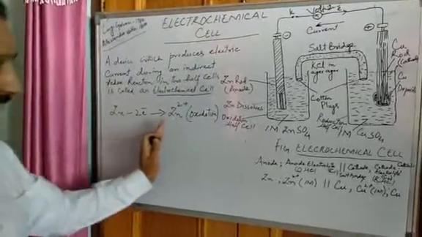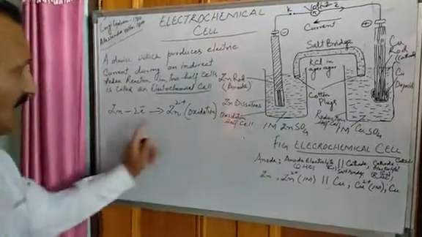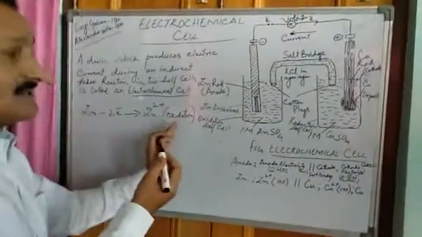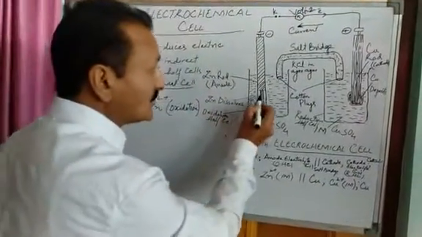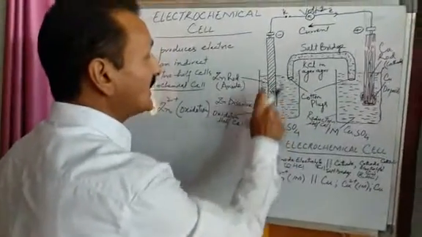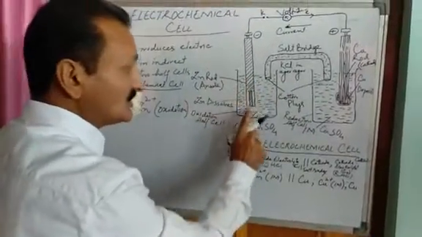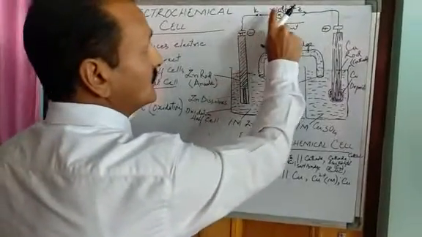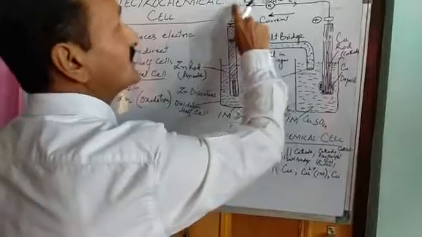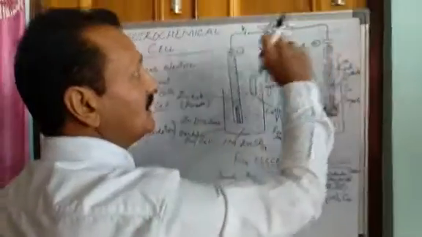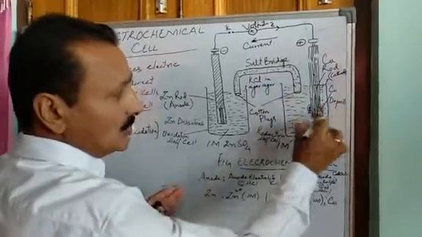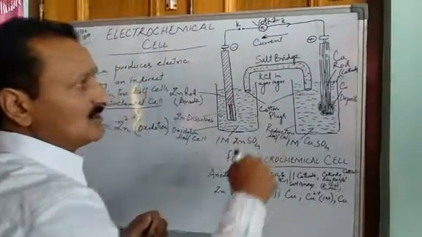Now, when oxidation has taken place, electrons are released. These electrons, released as a result of oxidation, get transferred through this electrode, through this zinc anode, to the other half cell, that is your reduction half cell, through the outer circuit. So your electron moves in this direction and goes into this solution.